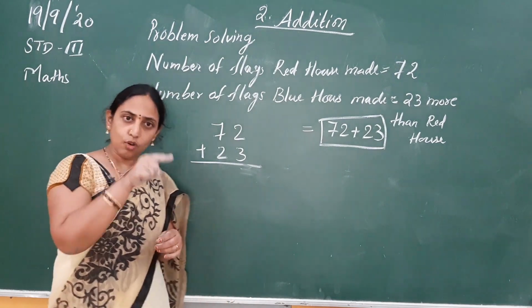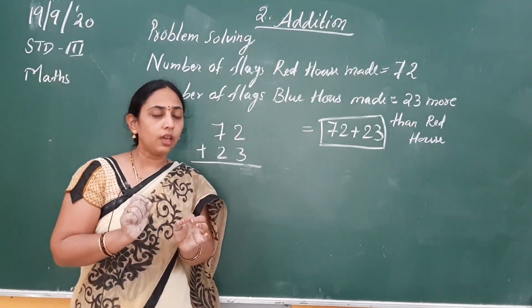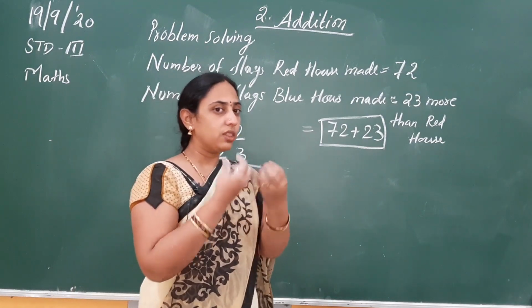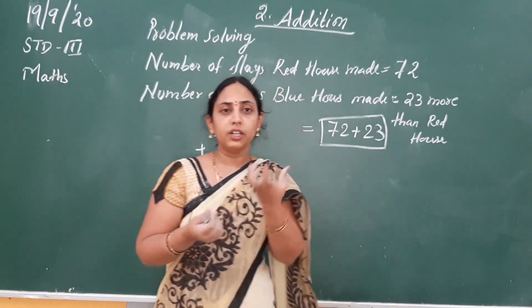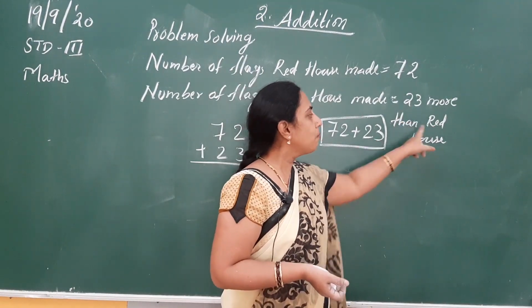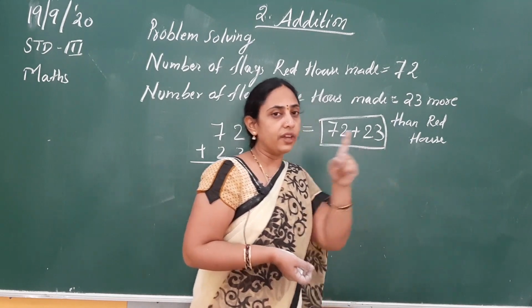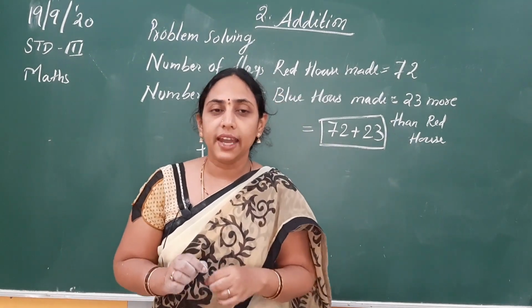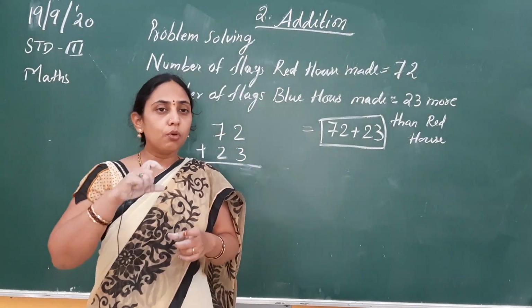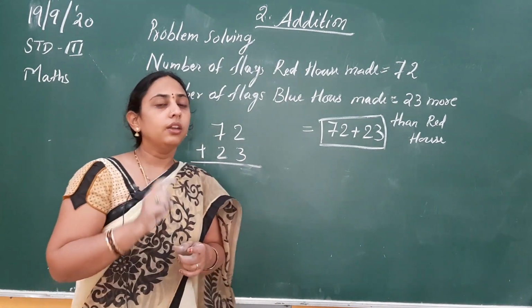Here they have not given the second part directly, okay. They have done this with the help of words. They have used the words to describe the number, okay. Now 23 more than the red house. So what can we do here? Whenever in problem solving we get "more than", we will always go with addition of the numbers,